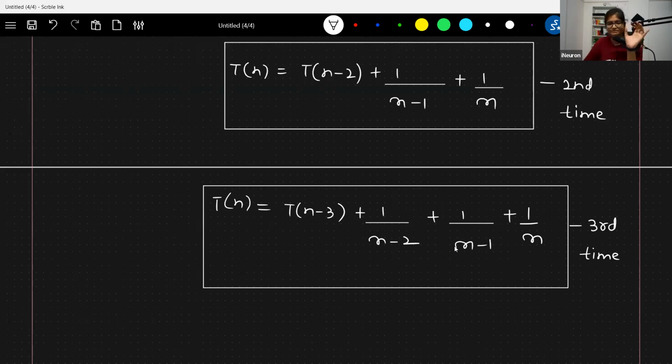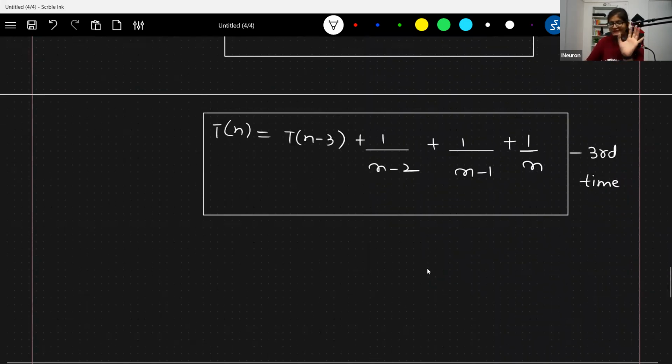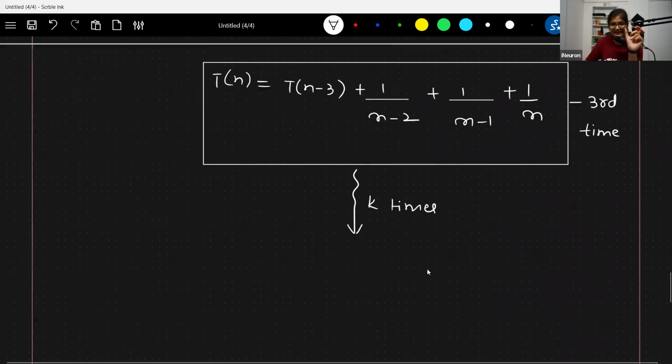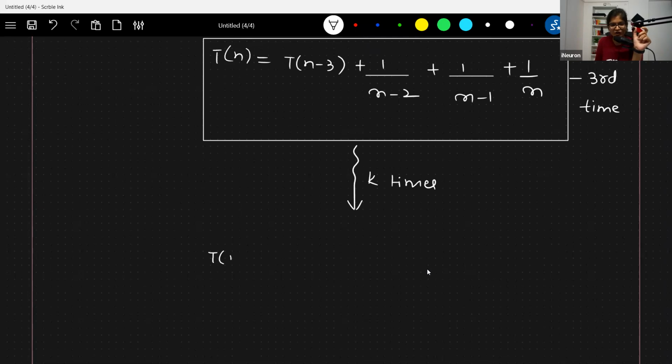Perfect. Okay. If it is fine, the question is, how many times should I repeat this task? So assume that we are repeating this task until k times. So at the k-th time, what will be the value of t of n I will be able to get? Can I say it will be equal to t of n minus k plus 1 divided by,